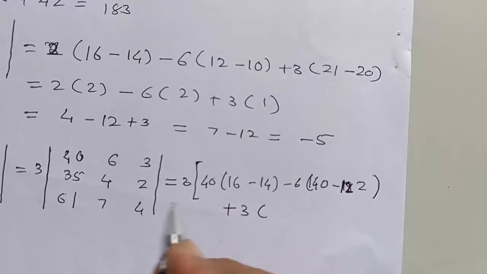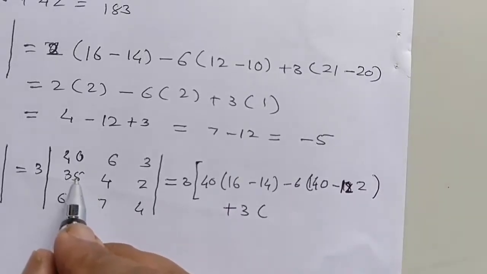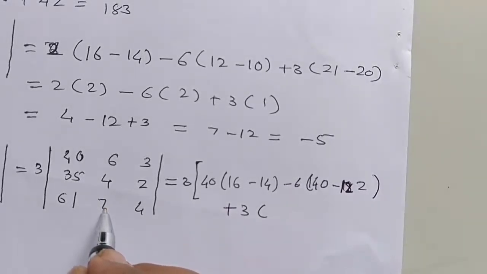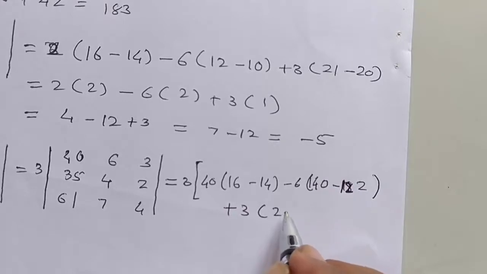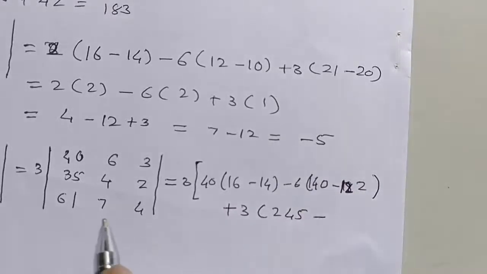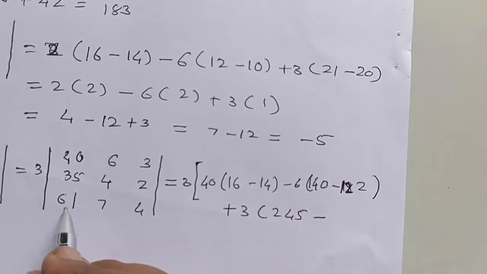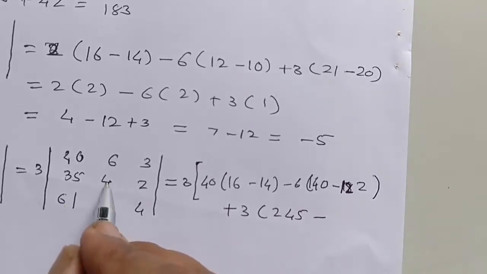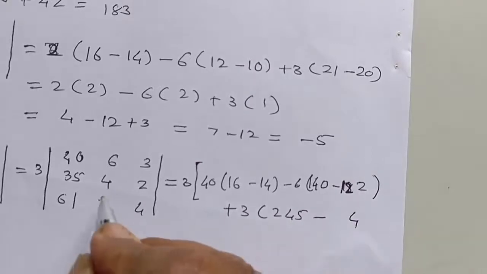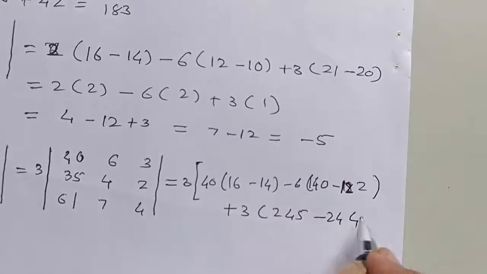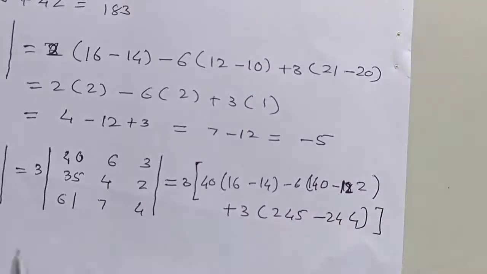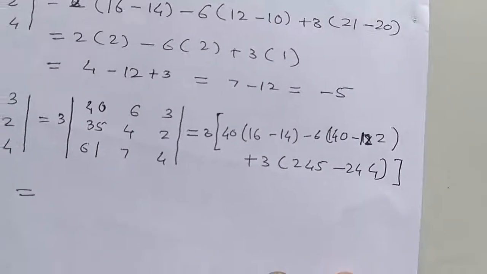Plus 3 into 34 into 7, 245, minus 61 into 4, that is 4, 24. This bracket complete is equal to